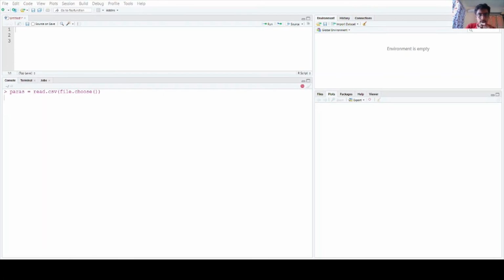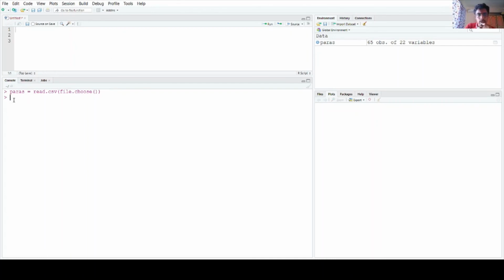Now the software will open a window which you may not be able to see, and I'll choose my dataset. You can see the dataset is loaded in the global environment here with 65 observations and 22 variables. This is the same dataset that we used for calculating alpha value in Excel.